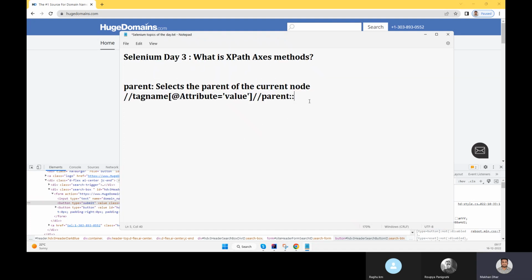This is the syntax. Then the tag name, the tag name of the parent. Now for example,